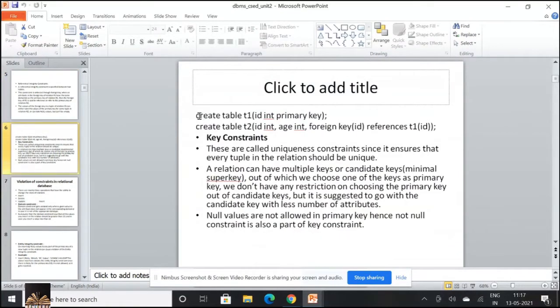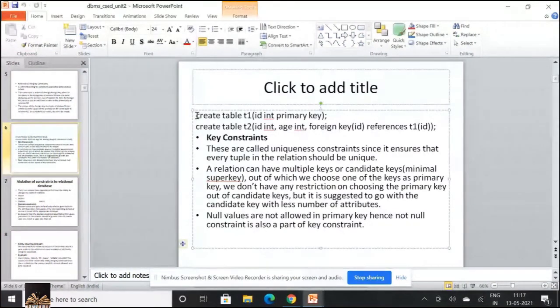How we are going to create a foreign key, or how we are going to work with referential integrity, is this way. I'm trying to create a table T1 with ID as a primary key. So: create table T1, ID integer as primary key. And I am trying to create a table T2 with ID and age.